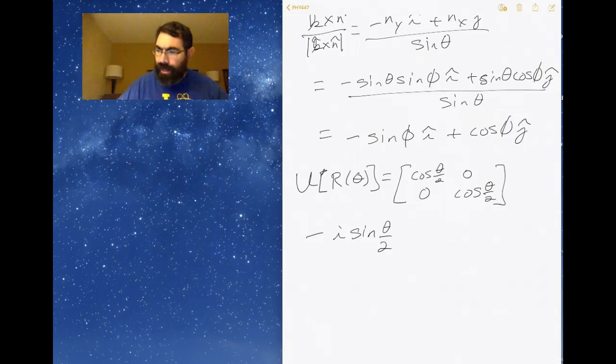So that works out to be, if I work it out, the matrix 0, minus sine phi; sine phi, 0. That is for nx,